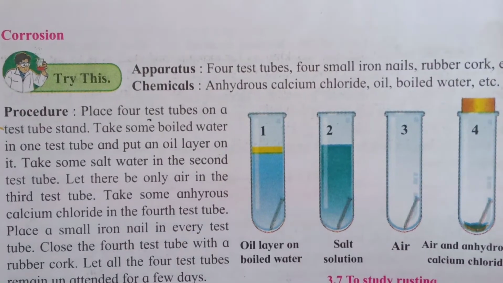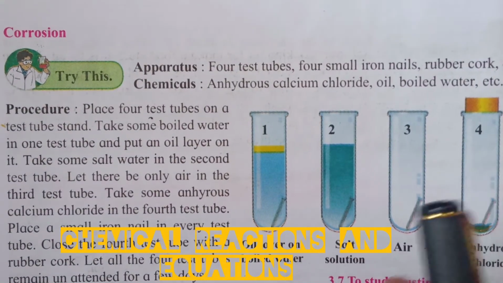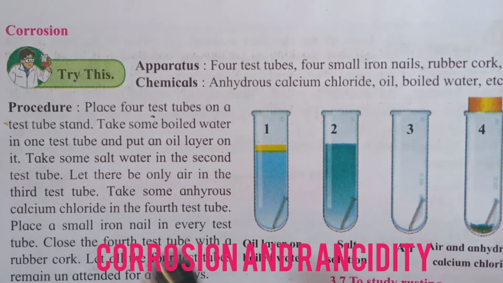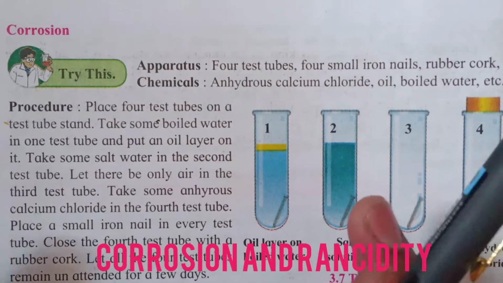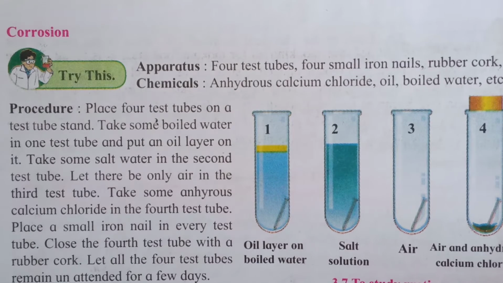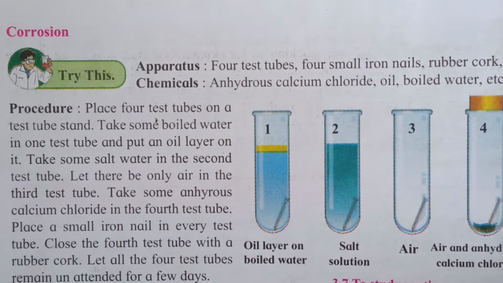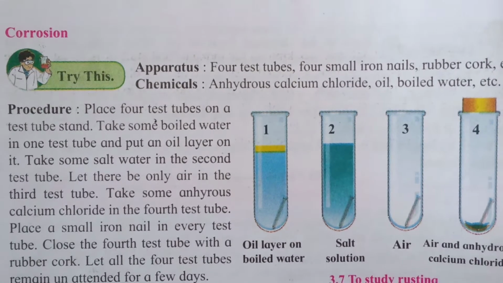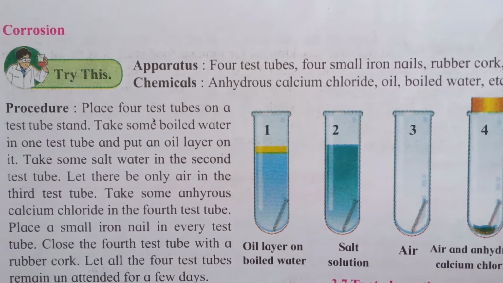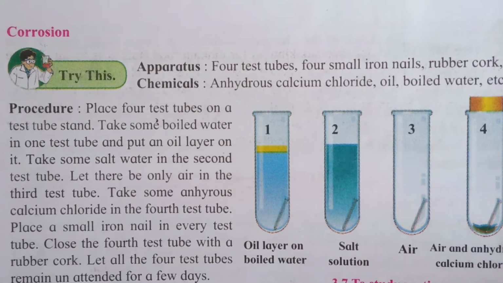Hello friends. As we know, we are doing the lesson of chemical reactions and equations. Today we'll be learning the topics corrosion and rancidity, which are the last two topics of this lesson, and then we'll be concluding the lesson. And as you know, corrosion and rancidity are very important, as corrosion plays a major role in letting us understand the importance of rust and how it happens, means how it comes on the outer surface of the iron nail. Okay, so without wasting any time, let us begin.